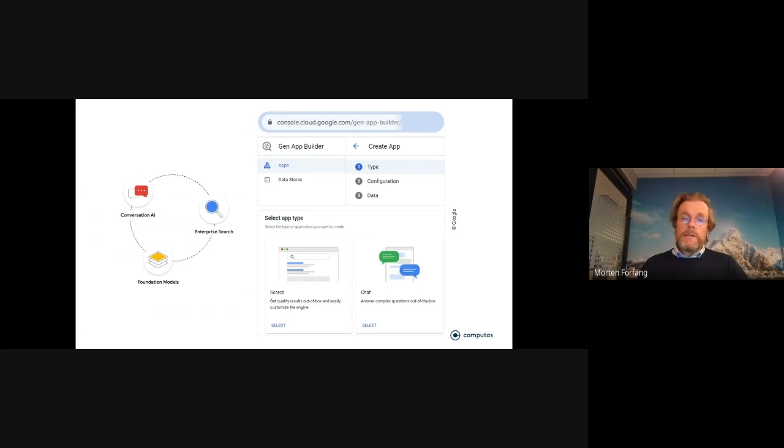So if one looks at conversation and search, I'm trying to focus on something that, as you can see with the URL, you can try yourself. You can punch in that URL afterwards and sign up for an account with Google Cloud if you don't have one already. That's for free. And then you can choose. There are a couple of other selections as well, but you can choose, I want to provide my own data, for example enterprise data, my organization's data, and then I want to do search on that, and I want to have a conversation about the content.